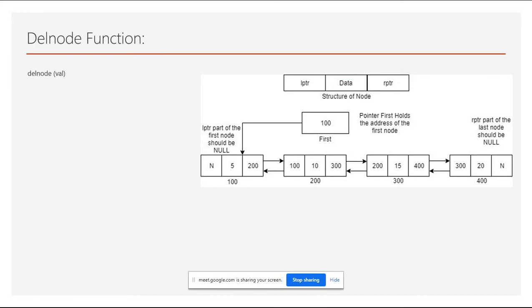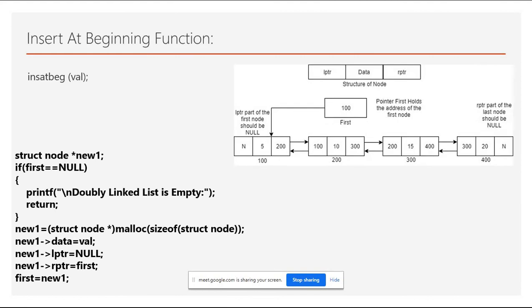And then we have discussed a few functions: the create linked list function, the display function, the del node function, and so on. I think in the last session we have also discussed insert at beginning, right? So here, when this function is called, you just have to create a new node, and that node should have this value, and you have to set this node into the linked list in such a way that it becomes the first node.